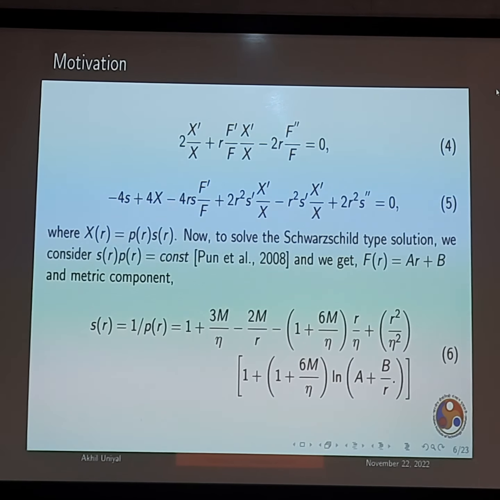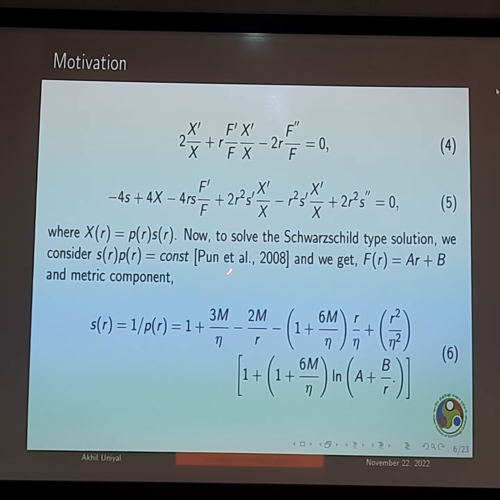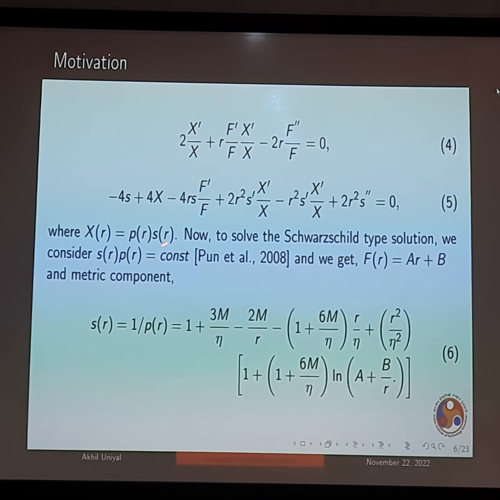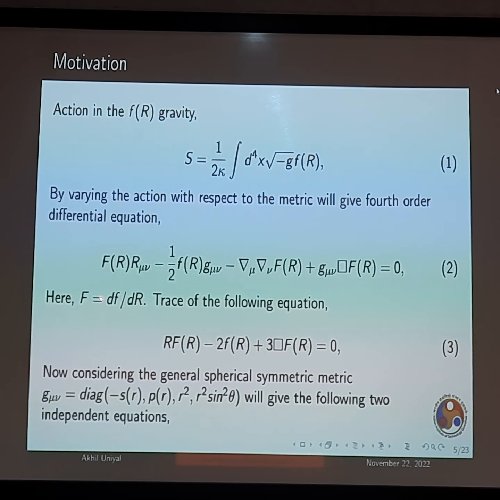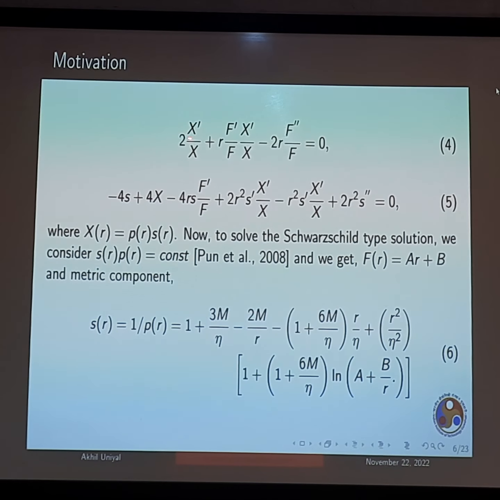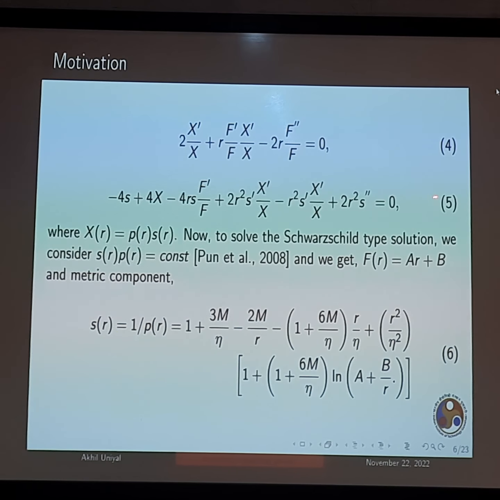So now, if you solve that equation by putting like the Schwarzschild did, you will get two independent equations, equation 4 and 5. Basically, if you see this dF by dr, this F is this small f, right? And you have this x which depends upon the metric component. Now this equation does not contain any extra term. You have f, x or r is the region for it.